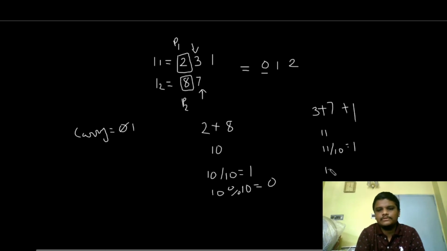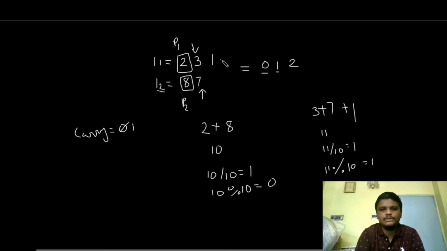In order to get the value, we write 11 and perform a modulus operation with 10, and this gives me 1. So we're going to store 1 in our linked list. Now we're going to move the pointer p1, but there is no other element in linked lists L1 and L2.